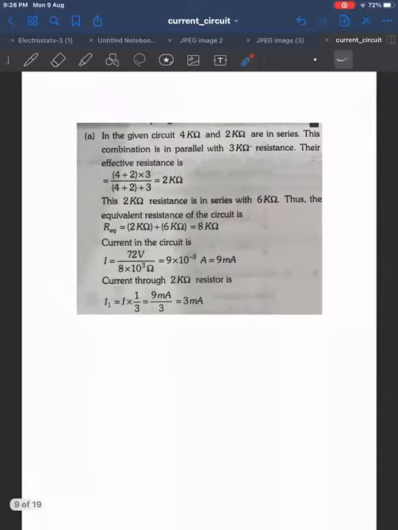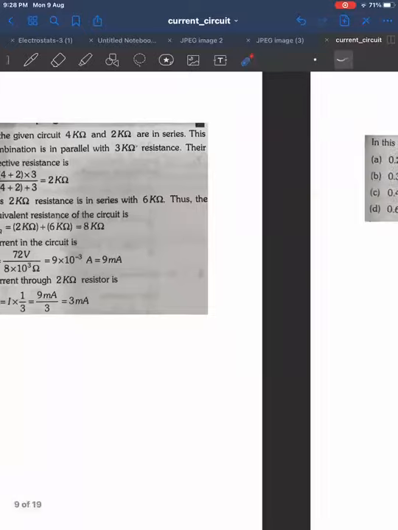That is why right now I'm focusing on, are you getting the total current in the circuit as 9 milliampere? Are everyone getting this answer? Others, please confirm. Yes, sir. Now, current through this is actually this into 1 by 3. This, you don't need to know. I'll tell you an easier method. We will get a similar problem in the future, okay? 9 milliamp everyone is getting as total current in the circuit. Okay. Now,